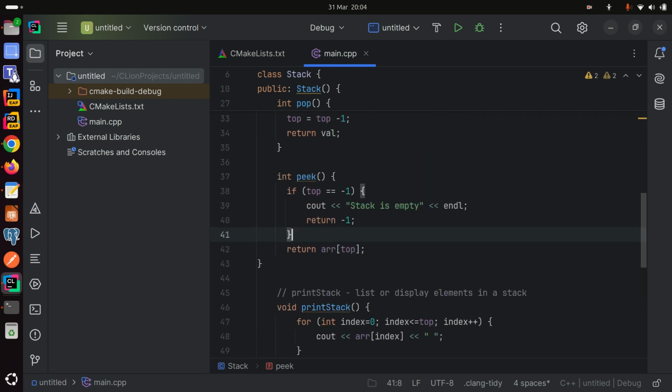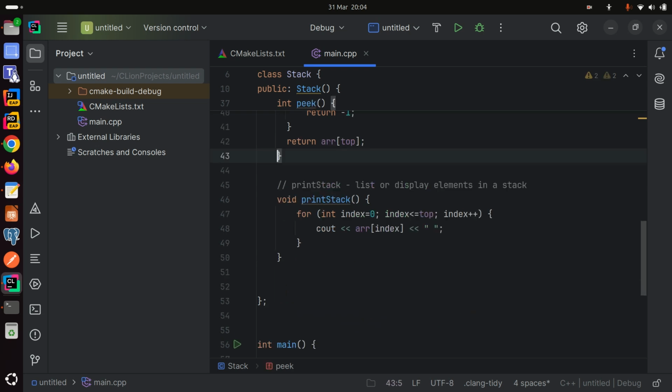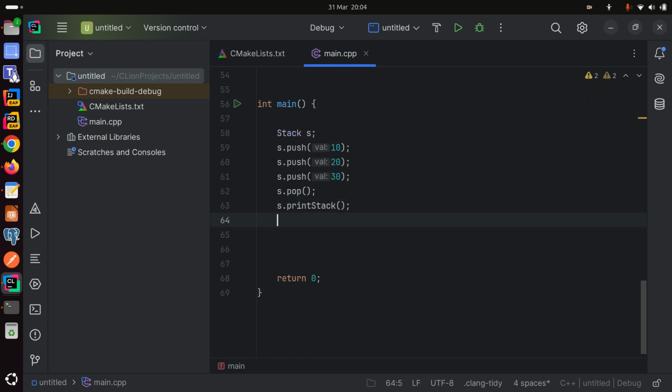So we can go ahead and call our method peek, and we see which value will be returned. So in this case, we can come here and say cout the topmost element in the stack is, and then we say s.peek, and then we terminate with endl. So the topmost element in this case is 20, because remember we called pop, meaning 30 was removed from the stack, meaning that the topmost element is now 20. So if we run, we expect that the topmost element will be